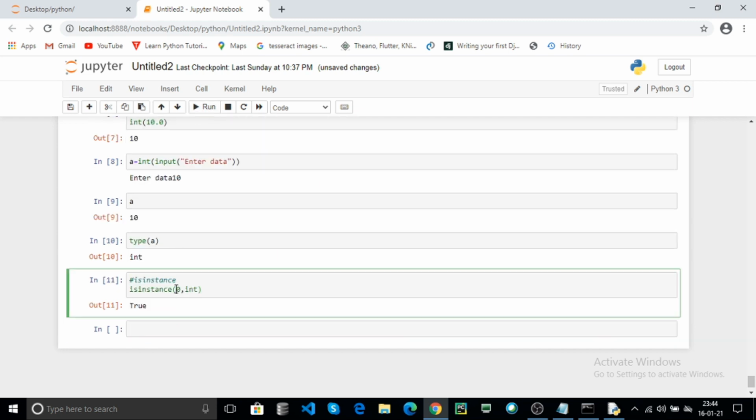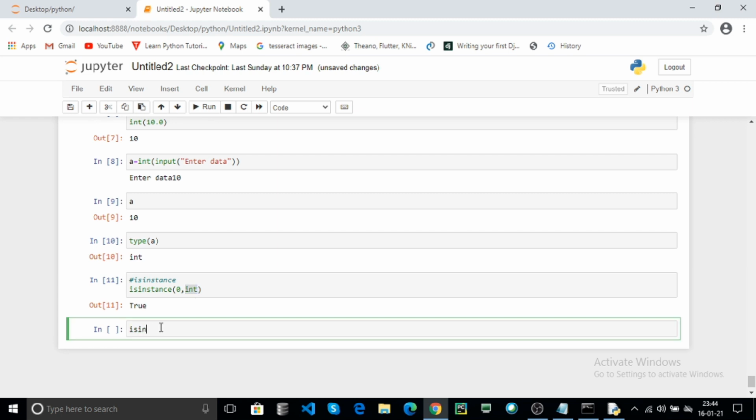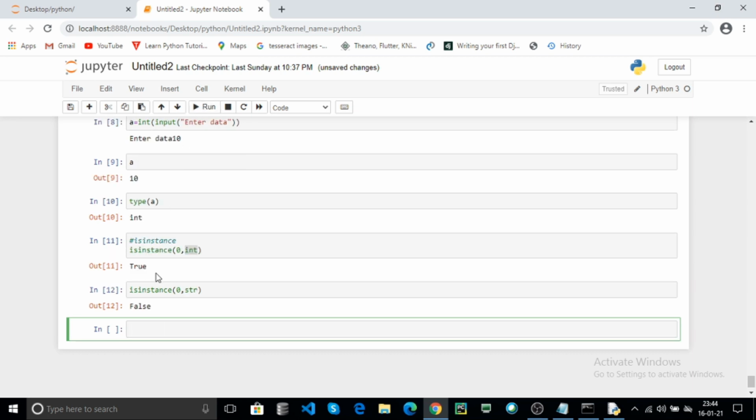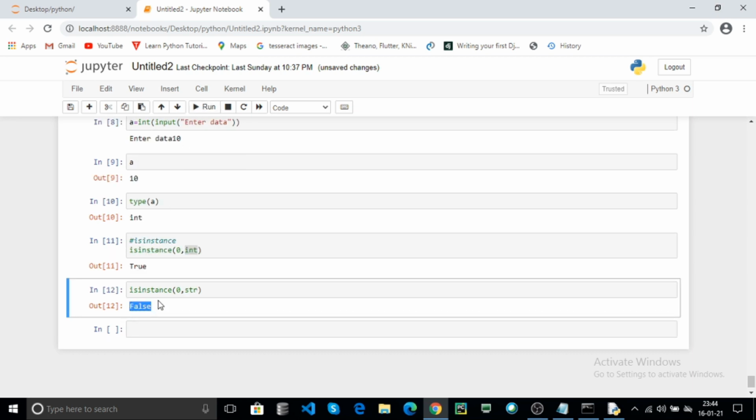Here 0 is an integer. The 0 belongs to the integer class, so that is true. And use isinstance of, for example 0 comma str. Click on run. Here it returns false because 0 belongs to the integer class, but we mentioned the string class, so it checks that 0 is not a string, and returns false.